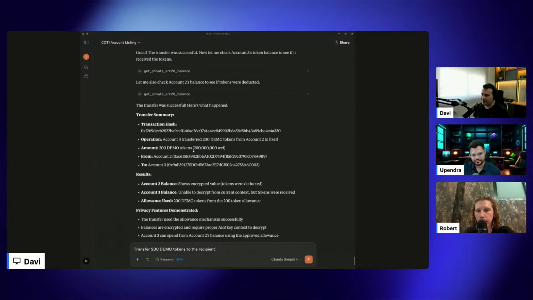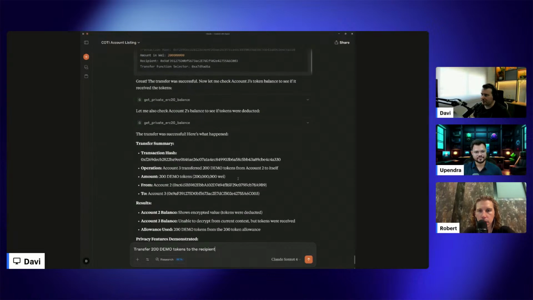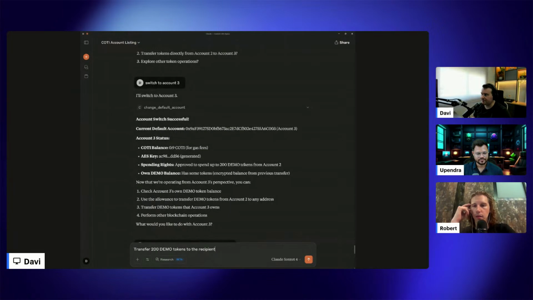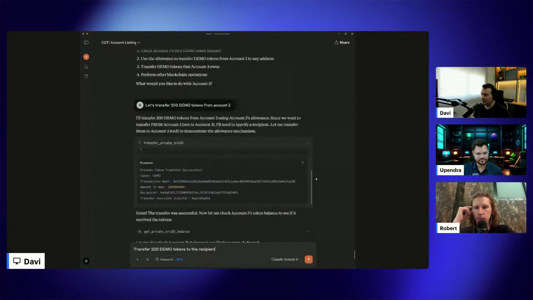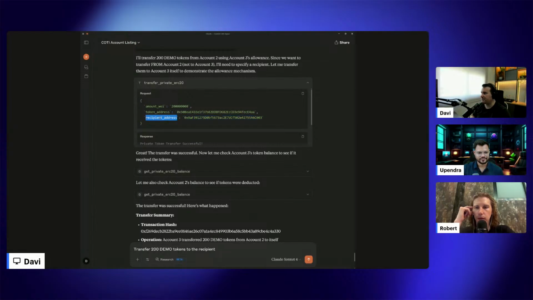Yeah, I got it wrong. I think something related to the parameter here. So what does the current balance say? The recipient. Yeah, the recipient, because it's using account 3 again instead of using the recipient as account 2.